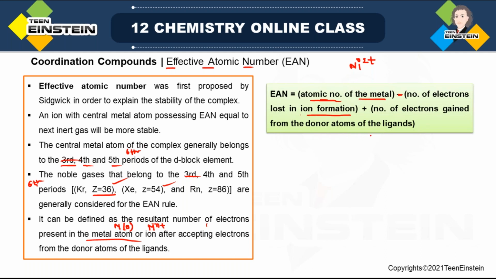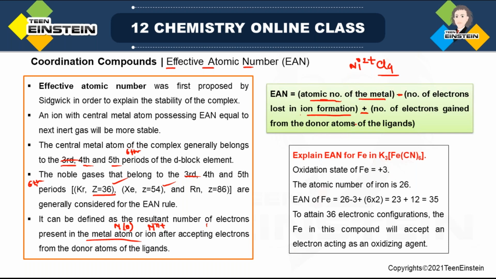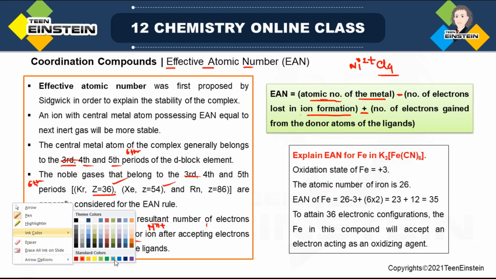Now the donor atoms that will be attached to nickel, suppose there are a total of 4 chlorides. So these are the donor atoms. Each chloride is donating two electrons, so those electrons also you have to consider. So there is a plus. Okay. Now if we take a specific example, here we have taken the example of